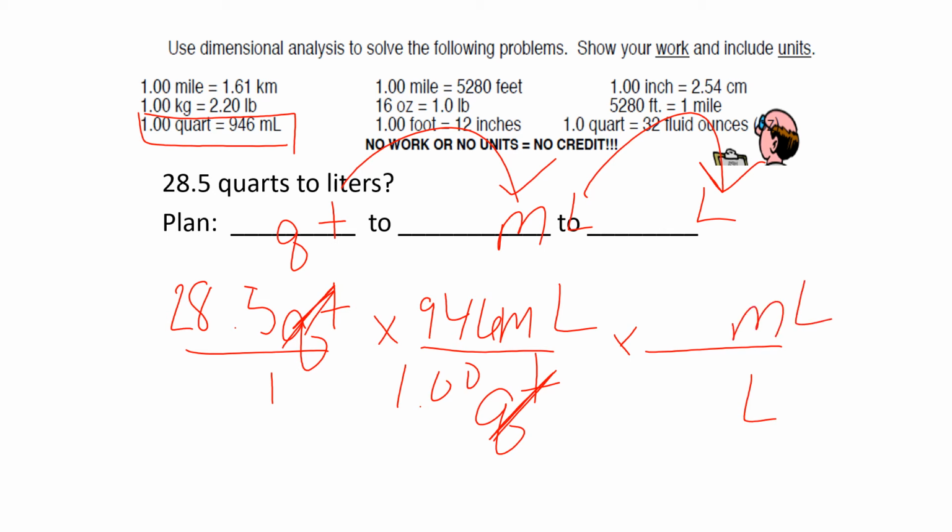This conversion factor is not given in the table because I'm expected to know how many milliliters there are in a liter. What's bigger, a milliliter or a liter? The liter is bigger, so it has a 1. And how many mils are in a liter? 1,000. So this cancels with this. So you'll multiply 28.5 times 946 times 1,000, and then you will divide that by 1, which happens to be a very large number,